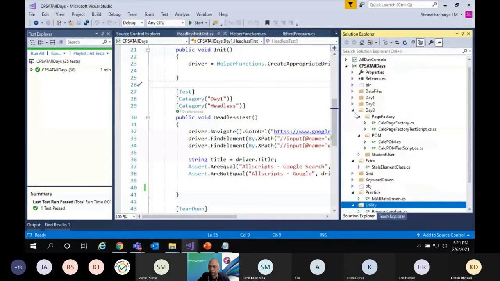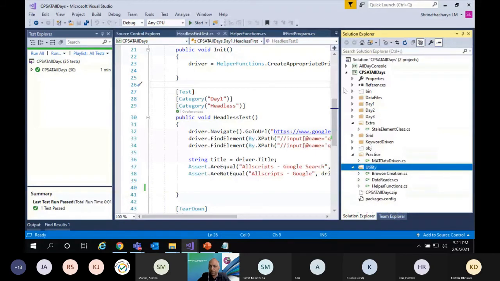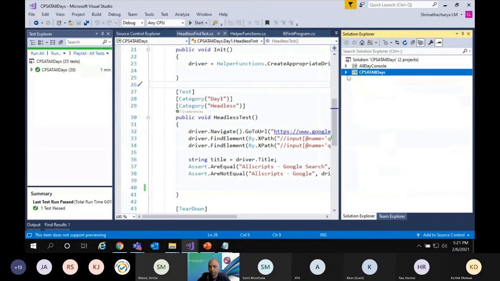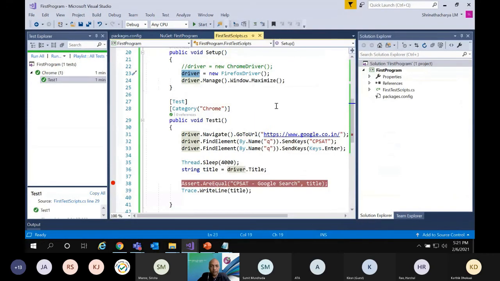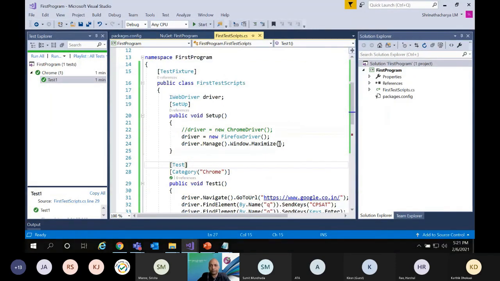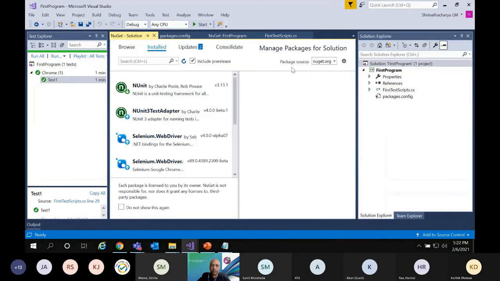Say suppose you wanted to add some other external DLLs to the project. To recap in a simple way, what we have to do is first open Visual Studio, open a class library project, and there is something called package source.